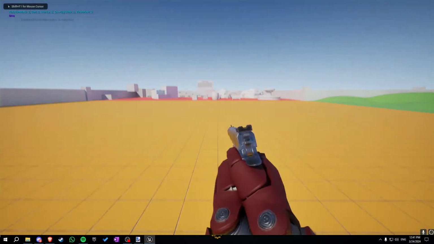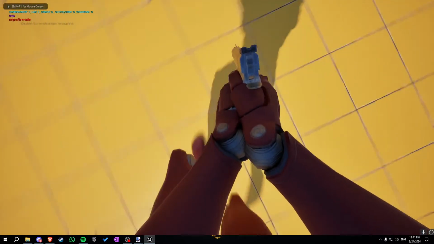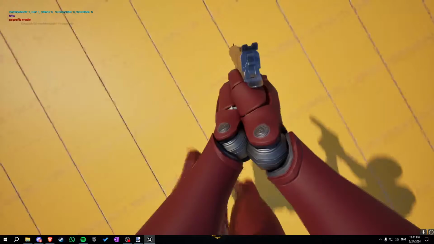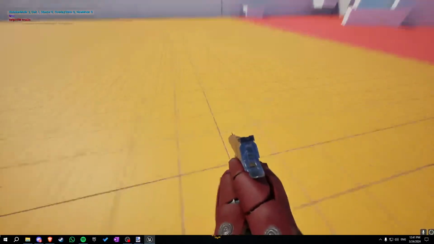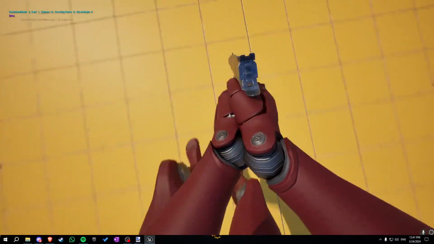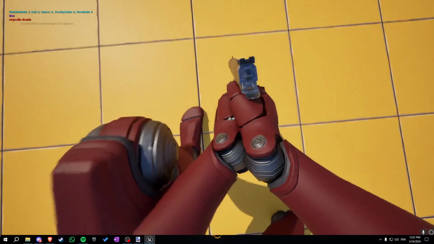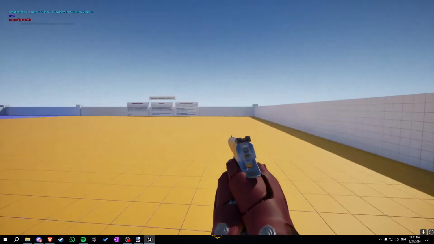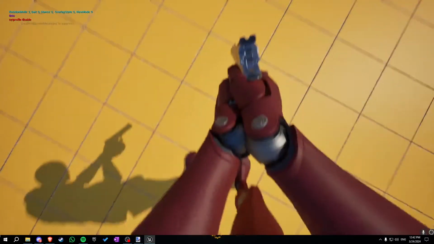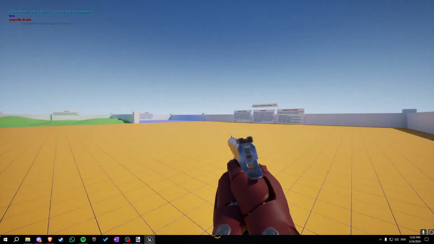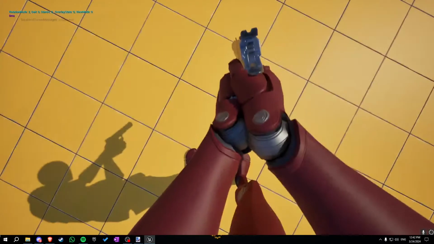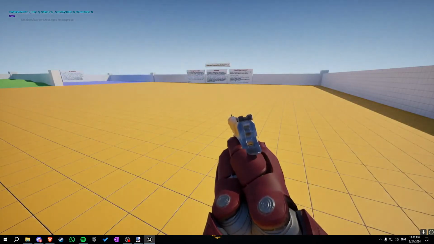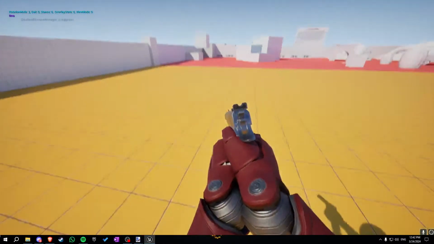Alright, so now you can see we have the ALS included. So every ALS animation works here. Jumping, it's very nice. Can crouch, but there are still some bugs. As you can see, when I look down, my hands are not at the same position, so when I move up, then they're in the right position again. I have to fix this, of course. Then I have to fix the weapon sway, but the problem is right now